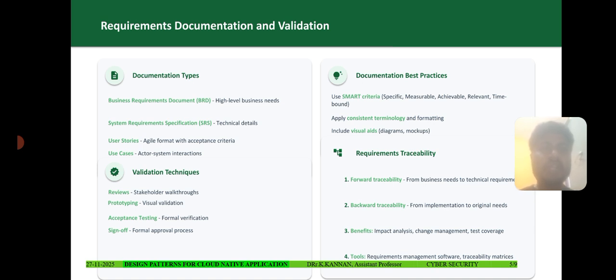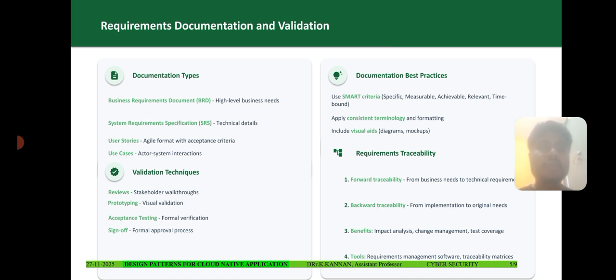The documentation types are the business requirement document, which covers high-level business needs, and the system requirement specification, where technically we collect all the details from the system hardware and software specifications. User stories are for the acceptance criteria, for all the Agile format,